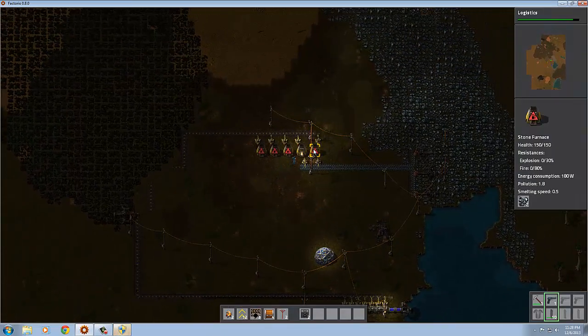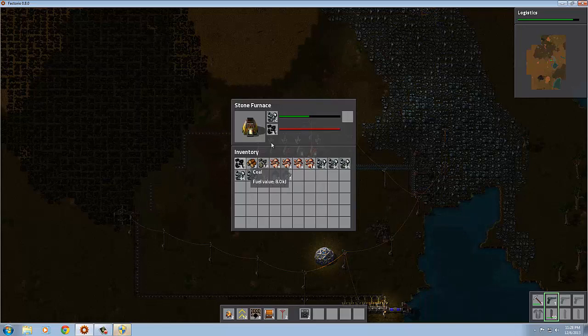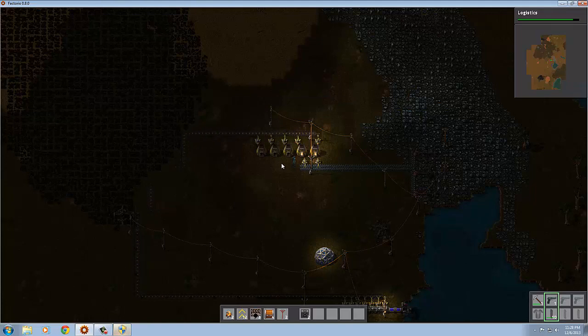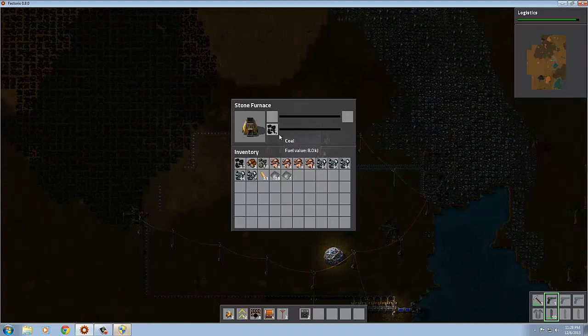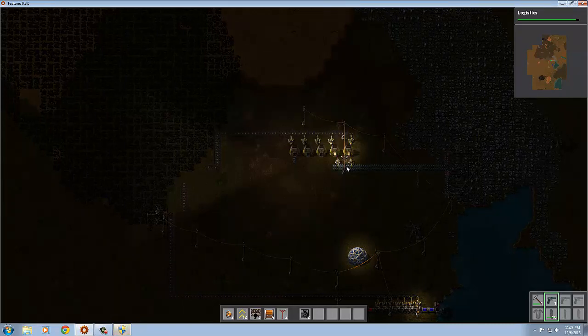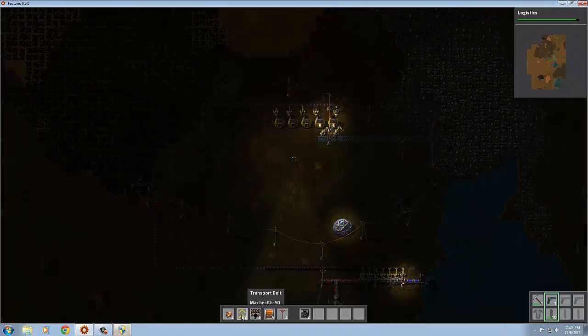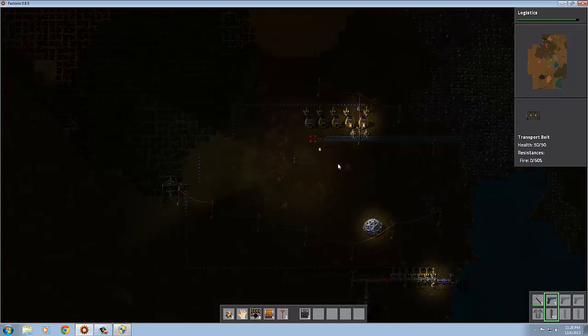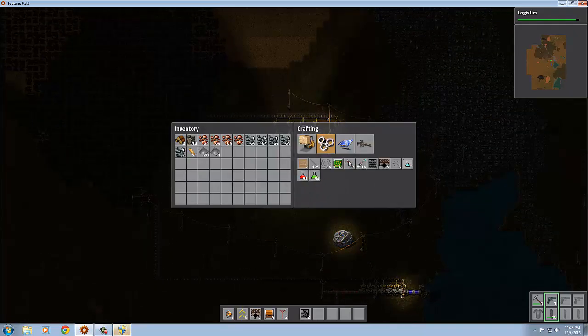This is all ready. These guys just need coal. So let's go with half to there, half to there, half to there, half to there, and the other 10 to there, and all these guys will be working. Now we need to extend this one so that it comes out far enough for all of these guys to grab, and then we need to make...